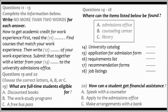Now look at questions 14 to 20. As the interview continues,